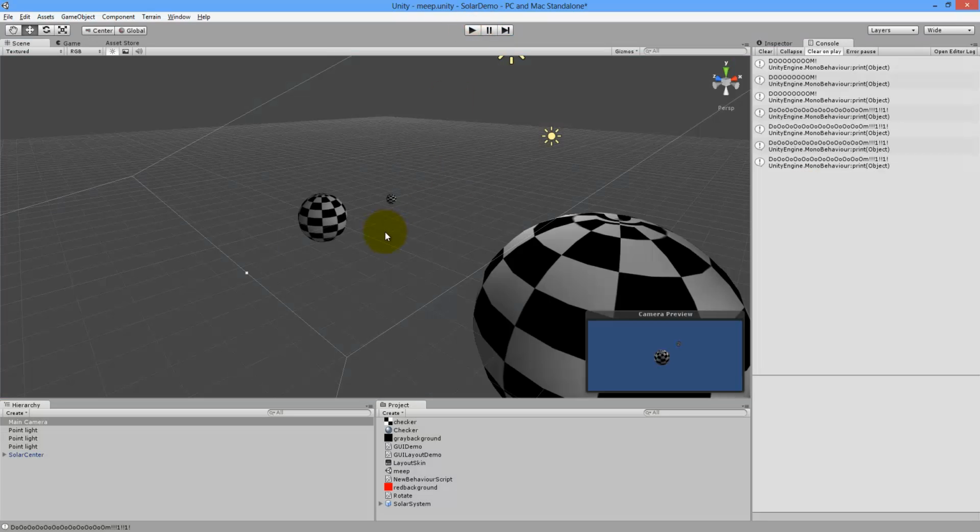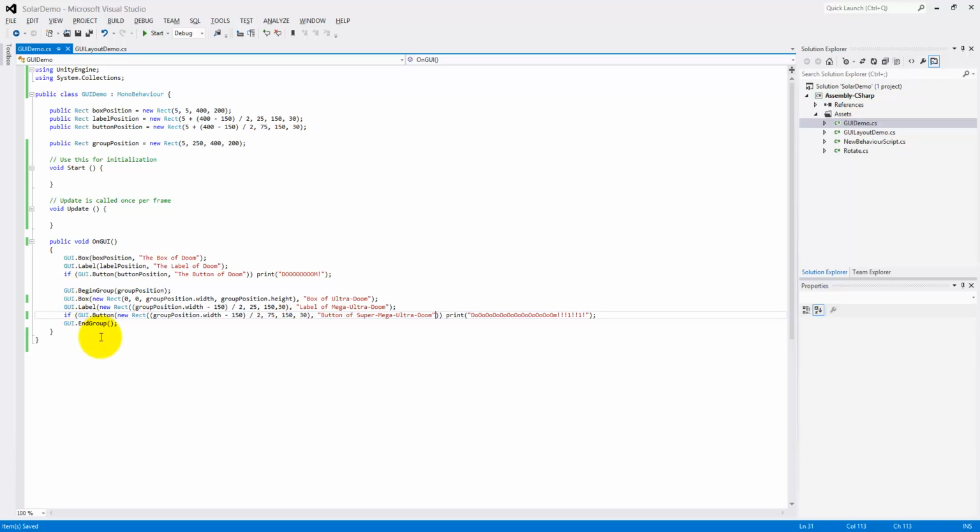How buttons and some other interactive elements for the GUI system work is that they will return a Boolean value, true or false, depending on whether or not they have been clicked or used or activated or something. So in the case of the buttons, I'm saying, well, if this button has been pressed, print this, is how I would describe it in plain English. If the button is pressed, do this. And by pressed,